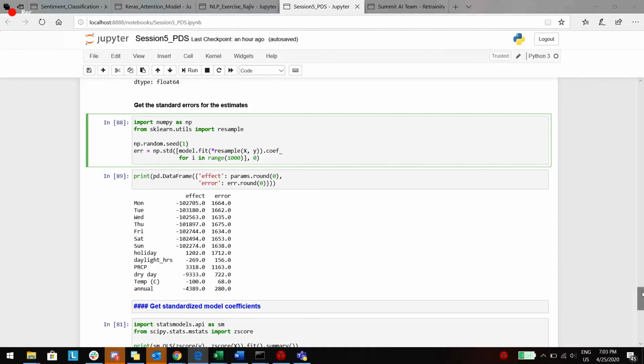That usually happens when the predictors are not providing much information, and the adjustment is made in the intercept. If you want to understand a one-to-one correspondence, where a unit increase in any of the x, say dry day, corresponds to some unit change in y, for that you need to look at the standardized coefficients. Yeah, got it. Thanks, Rajiv. Yeah.